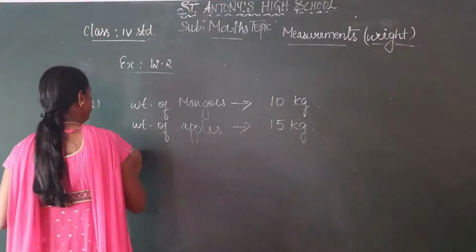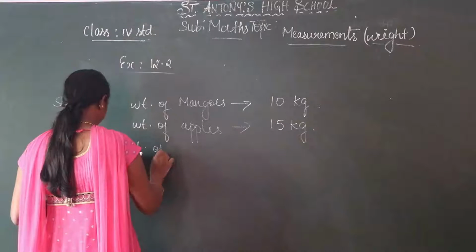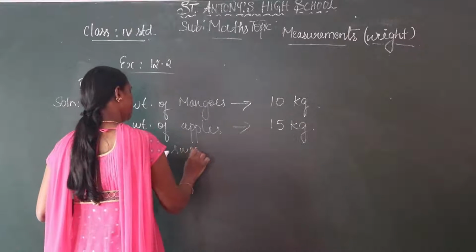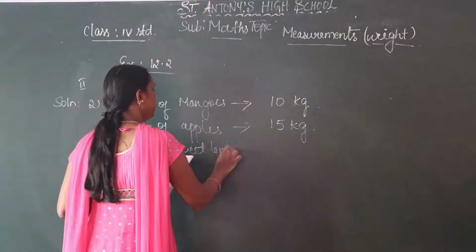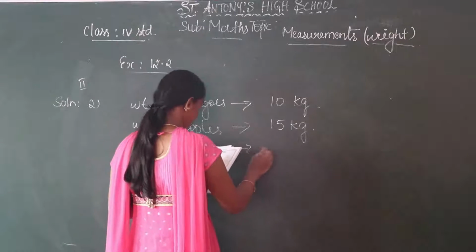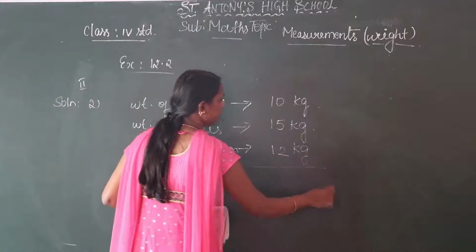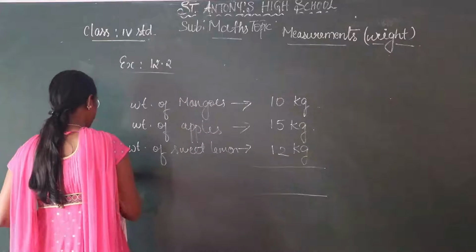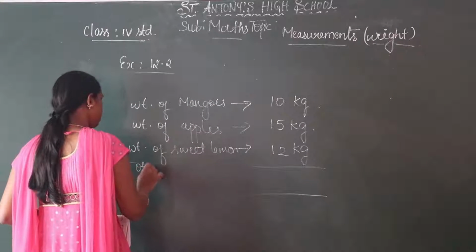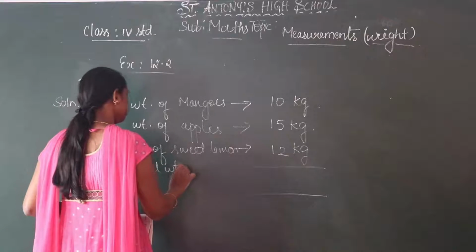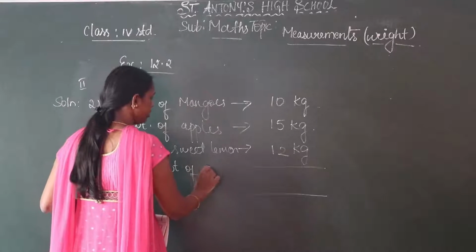Weight of sweet lemon is equal to 12 kg. Now we have to add the total. So therefore, total weight of fruits